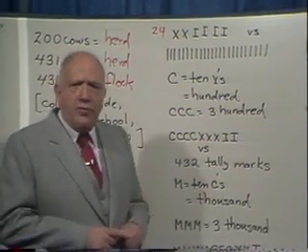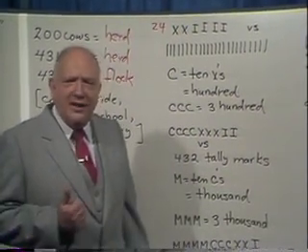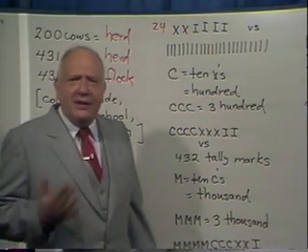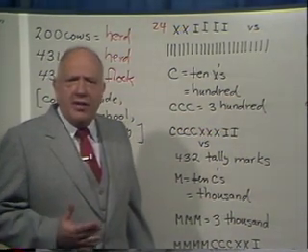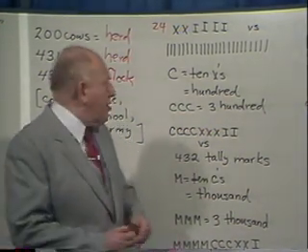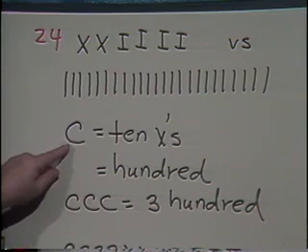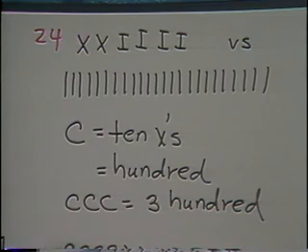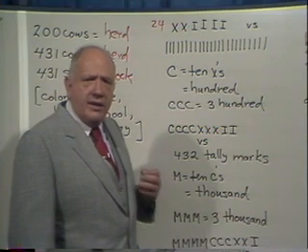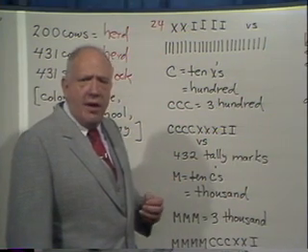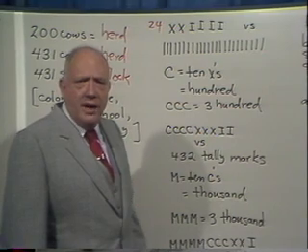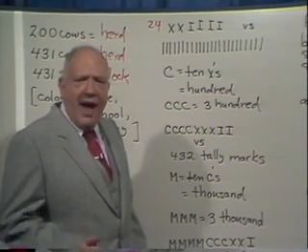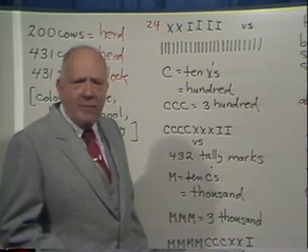Now what happened was the Romans decided they had hold of a good thing. Why keep more than 9 of any denomination? When we get too many X's, why can't we trade them in for something else? And so what they said was, we're going to use 10 as a trade-in system. And by the way, that's where the word decimal comes from. Dec is 10. Decum is 10 in Latin. So that's where the word decimal comes from. The word dime is a corruption of the word decimal. See, dime is a tenth of a dollar, 10 dimes to a dollar.